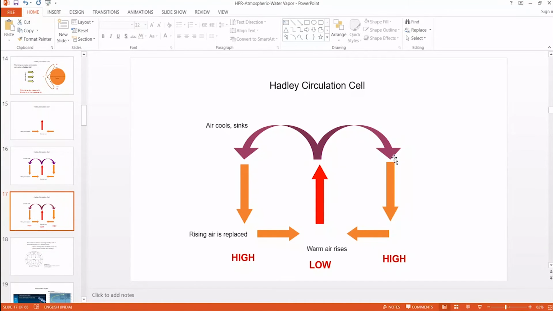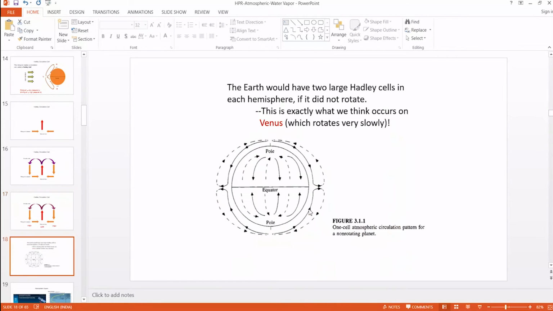So due to this downward flow of air, there is a high pressure zone here, and at the equator, the air is lifted up, so there is a low pressure region. So due to this low pressure and high pressure, the wind moves from higher energy to lower energy. Okay, so that is shown here, that this is a Hadley cell.